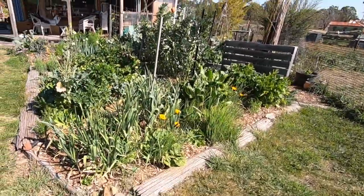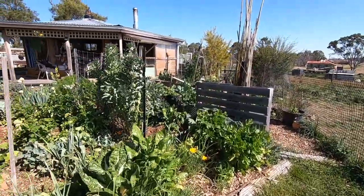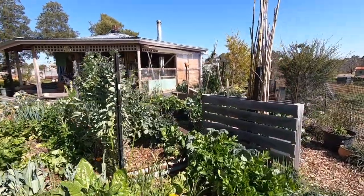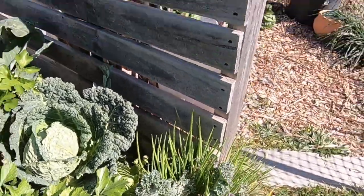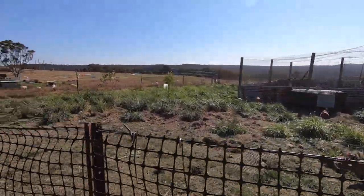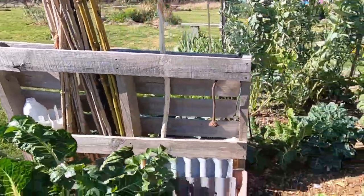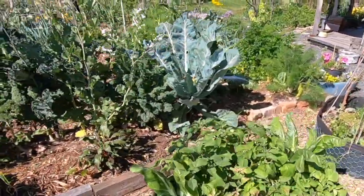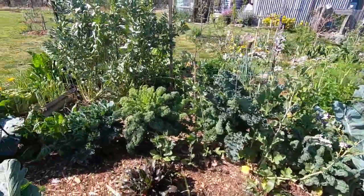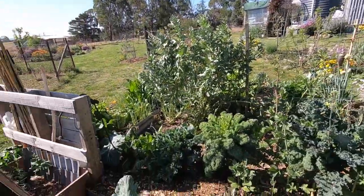The veggie garden's still good. I've been eating out of it all winter. Lots and lots of cauliflowers, I have to say. That's a very nice looking Savoy cabbage down there. Of course, the chickens get lots and lots of greens. Silver beet here, kale, peas, cauli still coming, potatoes and silver beet, more kale, another cauli, more broad beans, onions, lettuces,